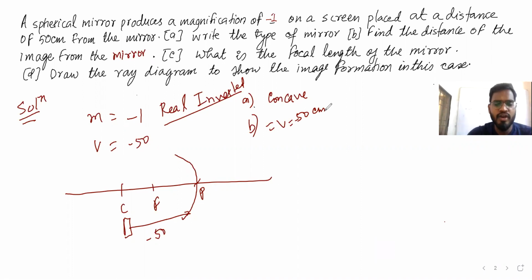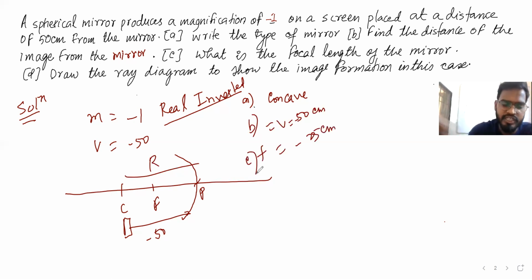So focal length, if you want to find, guys, then we can say magnification is same. Magnification is 1. Either it is -1 or +1, doesn't matter. But magnification 1 means the object should be placed at what? Only one case we know. Think a little. The object should be placed at the center of curvature, right? So image distance as well as object distance is going to be the same. So focal length is going to be what now? If you draw this, this is going to be the radius of curvature. So the object is placed at the same point and the image is also placed at the same point. So the focal length is half of that, so minus 25 centimeter. Hope you guys got it.